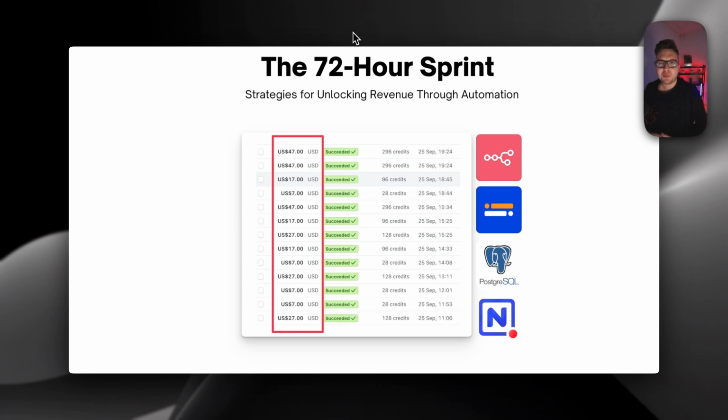Hey guys, in today's video I want to talk about 4 ways how to monetize your workflows. There are a lot of videos on YouTube where you can learn how to make workflows and execute them, for example, for your company or just testing out something and playing around with it, but there's no information how to